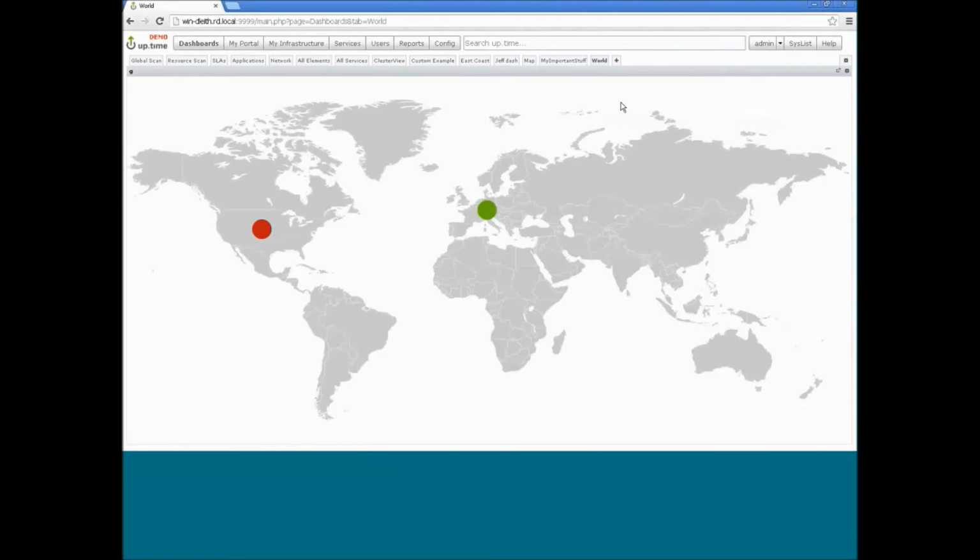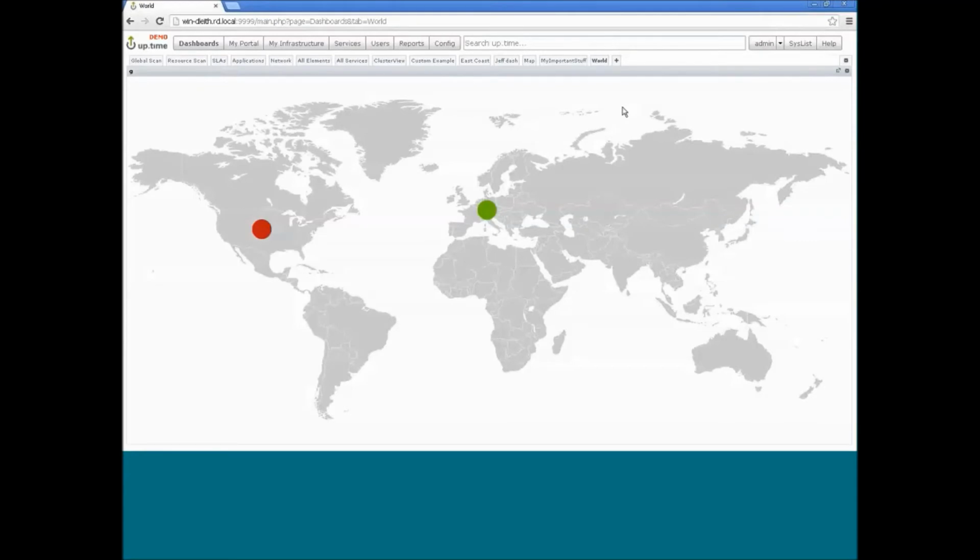So I have another pin-on image map dashboard that is actually a global view, right? So perhaps you're an international, multinational organization. You have data centers spread across the world. As long as you're able to monitor the entire data center and provide a concept of its health, maybe these are IT service statuses or key applications, you can drag that status onto the map and view that in a